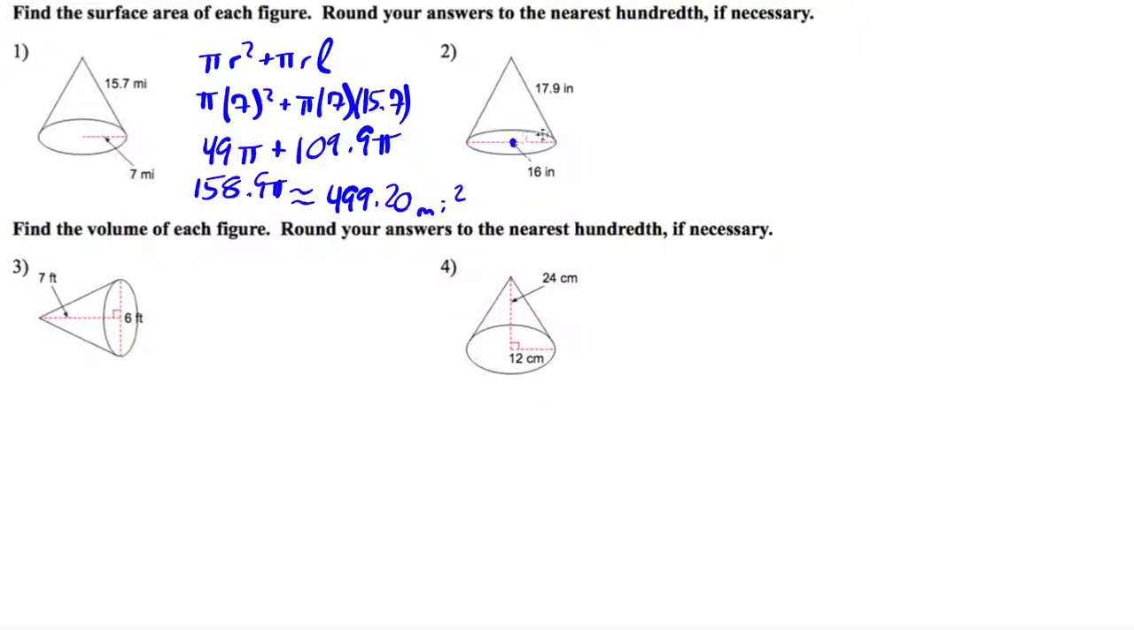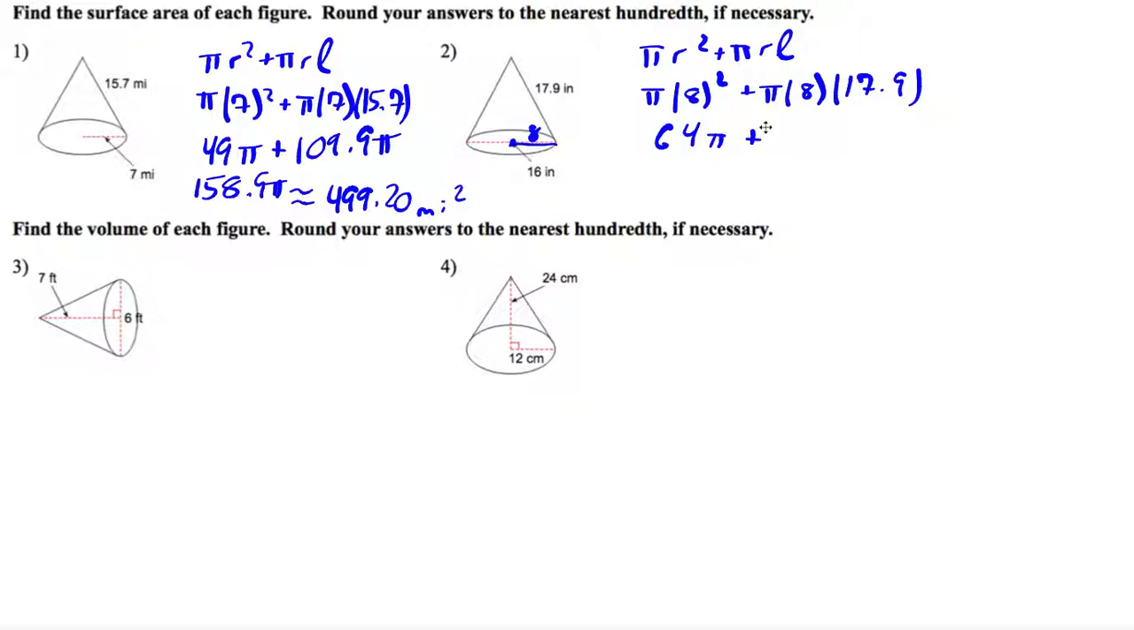And for number 2, we see that the diameter is 16, so the radius must be 8. So we get pi r squared plus pi r L, which is pi times 8 squared, plus pi times 8 times the slant height, which is 17.9. So this is 64 pi, plus 17.9 times 8 is 143.2 pi. And so if we add that to our 64, we get 207.2 pi